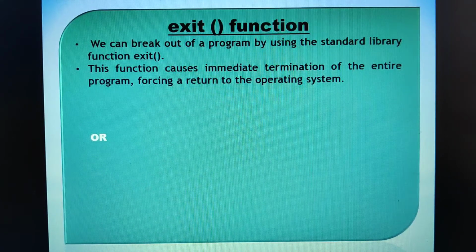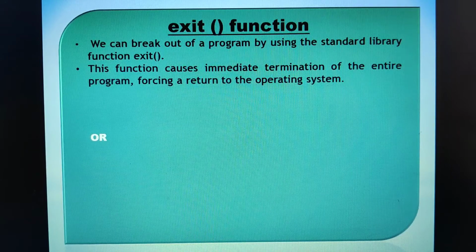What do you mean by successful and what do you mean by unsuccessful execution of the program? Suppose the program executes normally with a given input producing the correct output, then I can say it is a successful execution of the program. Suppose the program gets terminated because some error has been encountered or any undesired results have been reached, then abruptly terminating the entire program is nothing but unsuccessful execution of the program.